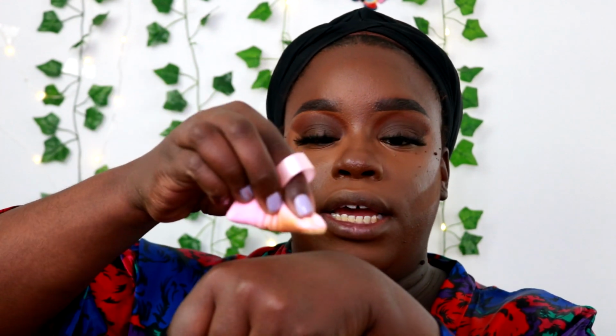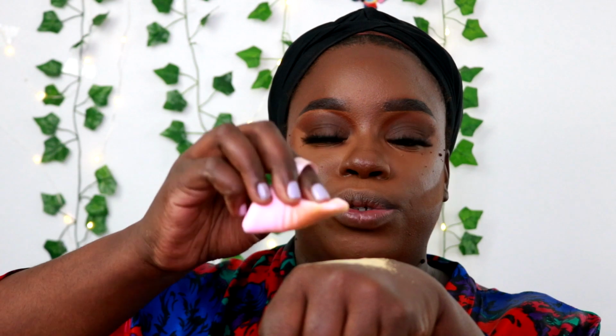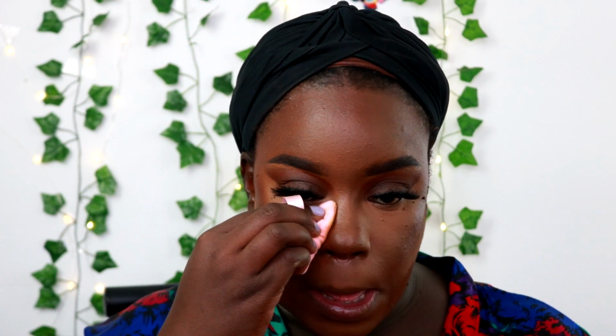Now to give it that extra brightness, like I said, I'm going in with my Kunafa Huda Beauty powder, and I like to take one of these puffs, and I'm just going to press just a little bit. When you use it, you press it, and then I like to take it on the back of my hand just to get that excess powder, because you don't want all that powder build up. I'm going to lightly press it